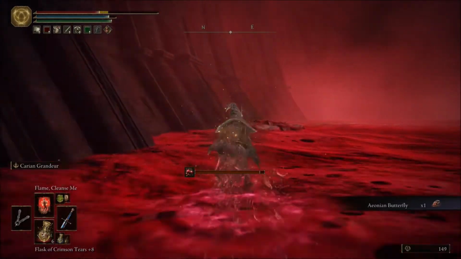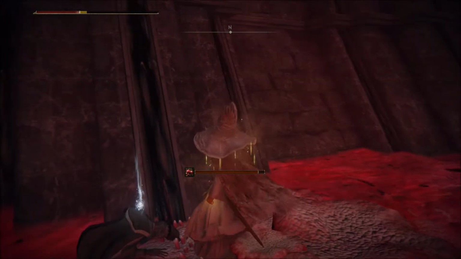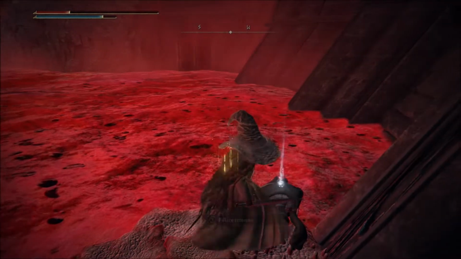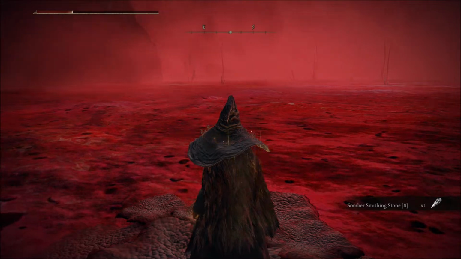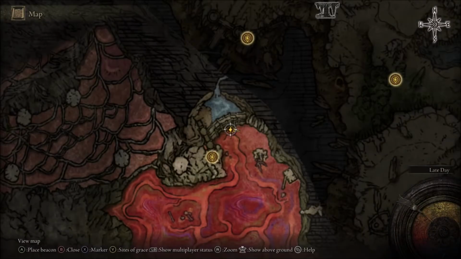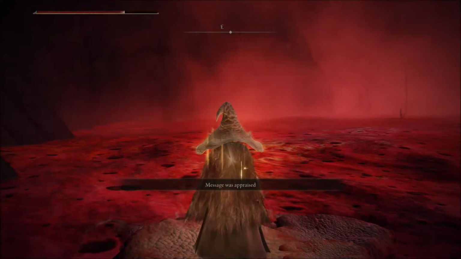So the Bestial Vitality is just giving me a little bit of health, not a lot. And then I can cast this to go to here. Somber 8, that's pretty worthwhile. And then, let's see, I'm trying to see where we can go. Yeah, this area is kind of on its own, so...